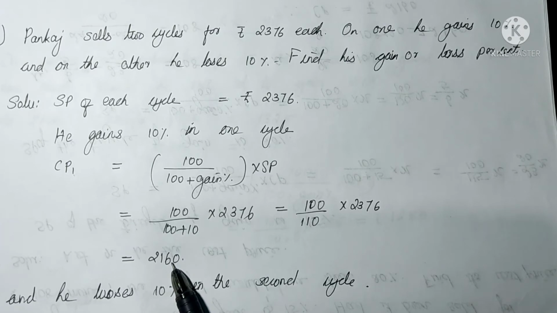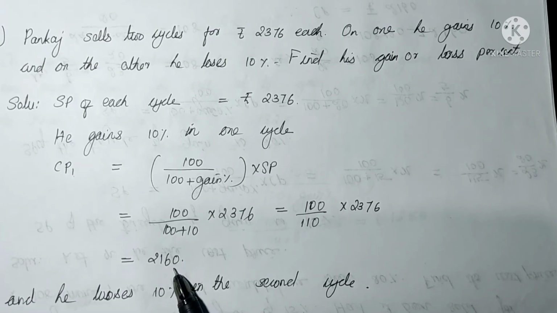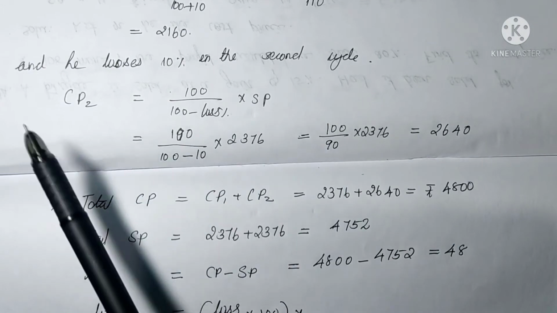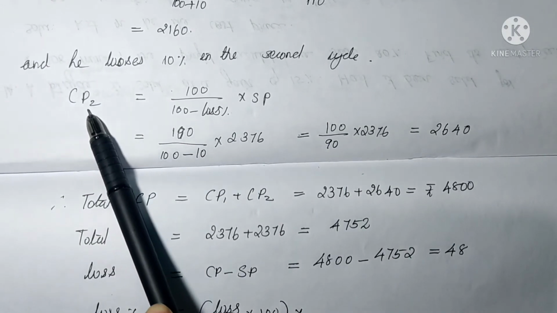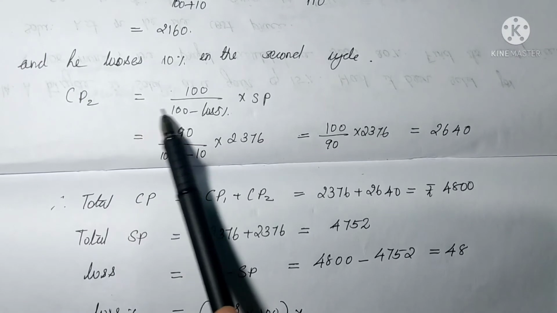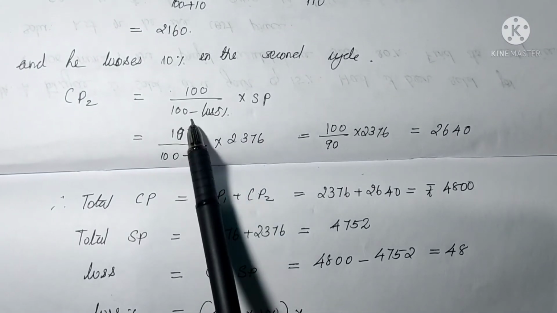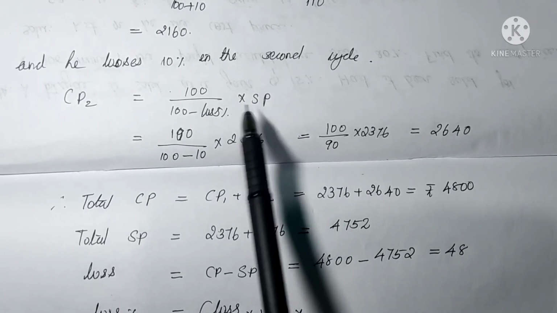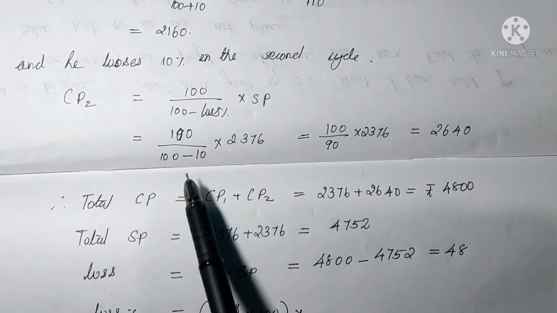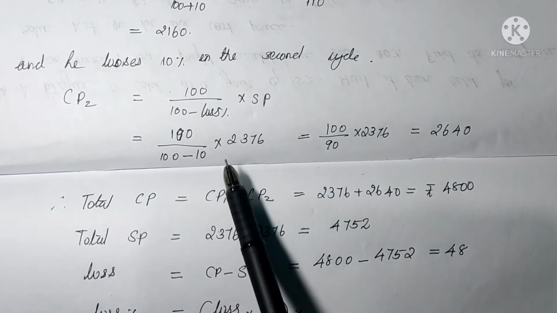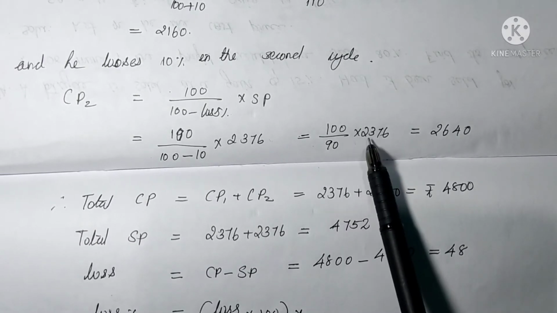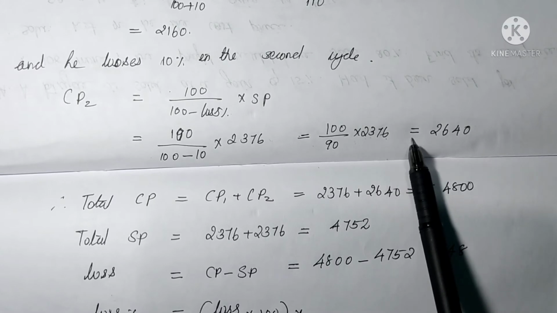Similar way we can find CP of the second cycle. When we solve the second cycle, he loses 10%. So CP2, that is cost price of the second cycle, is equal to 100 by 100 minus loss percent into SP. This is our formula. Substitute the values. 100 by 100 minus 10 into 2376, which is equal to 100 by 90 into 2376, which is equal to